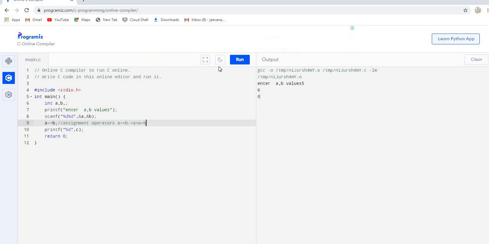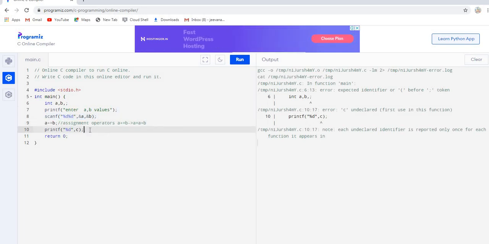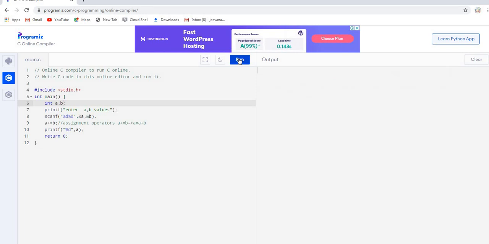Okay, let us run this. Okay, this is A. See, all silly mistakes, you should be very careful. Okay, let us take two values, that is 4 and 5.